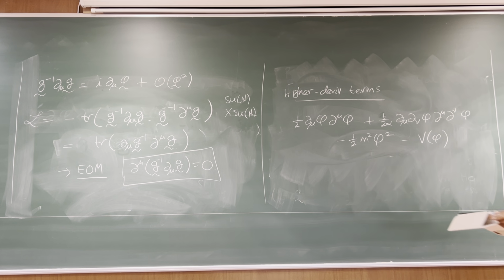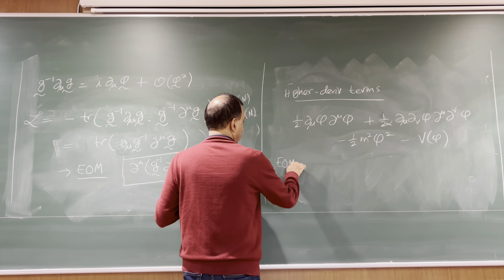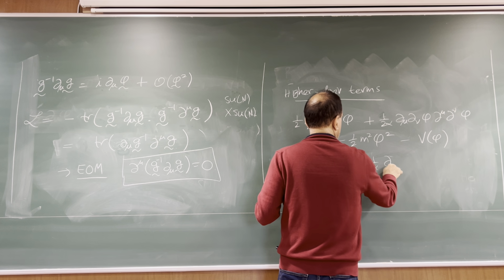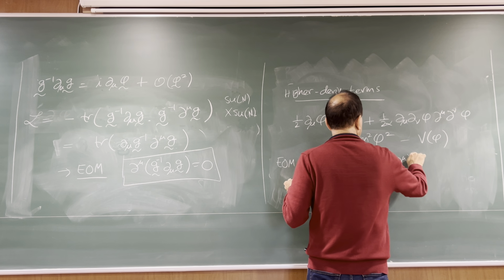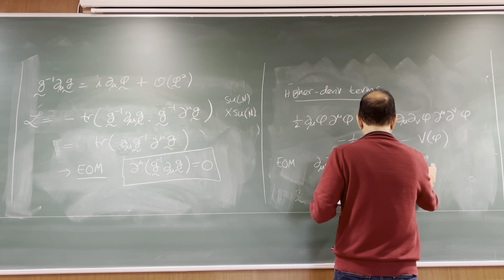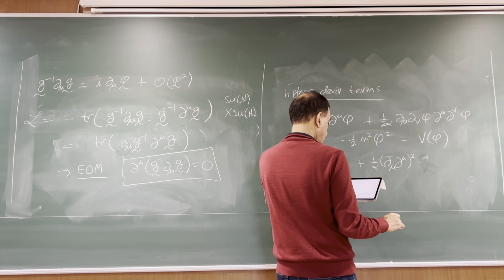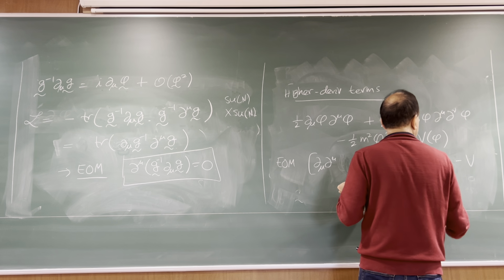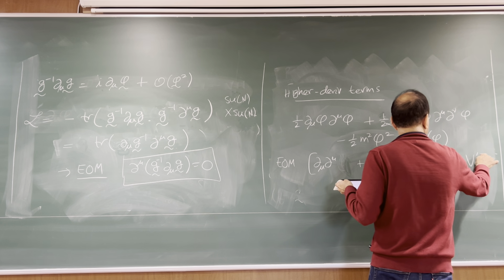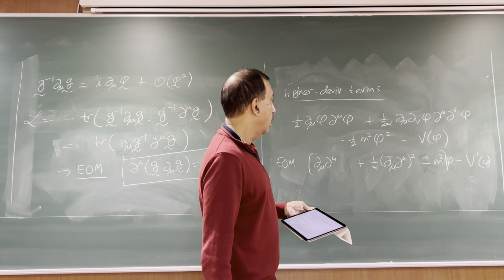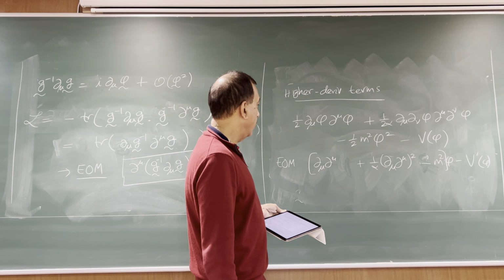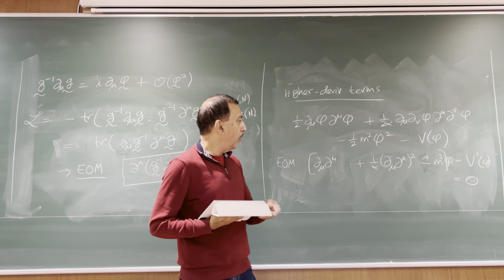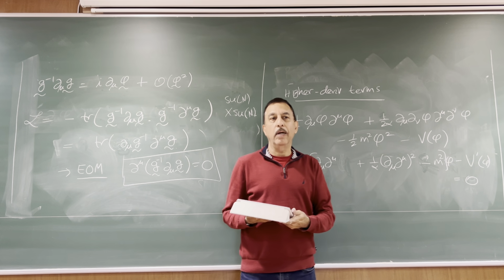So first of all, let's write the equation of motion. So the equation of motion from this is del mu phi plus 1 by alpha del mu squared. And phi, actually we don't have to keep writing phi, we just write the whole operator, and then minus m squared phi, and then minus v prime phi. That is the first derivative of v with respect to phi. This has to be equal to 0. So this is what is called the kinetic operator. If alpha was infinity, then it would be the Klein-Gordon operator, box minus m squared, but now it has a